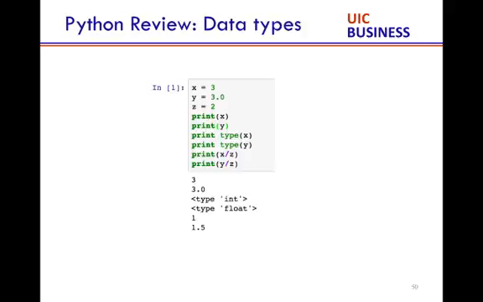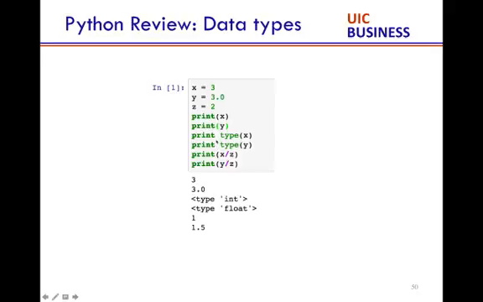So let's get to some data types. When I say x is equal to 3, x is of type integer, okay, and when I say y is equal to 3.0, y is going to be of type float. So I'm assigning x and y to different numbers. One is an integer, one is a floating point number, and so the type is dynamically inferred, okay, and I can actually print the type of the particular variable by just writing type(x),